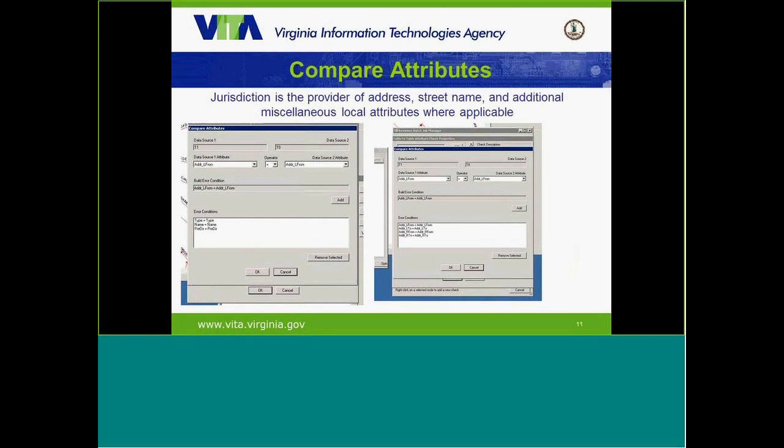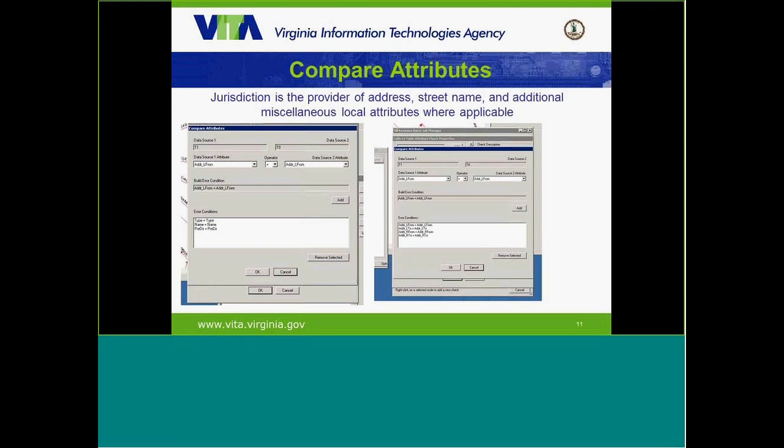Now, for comparing the attributes, since we're doing it against the locality's data, you want to look at their T1 versus their T0, and we will pull down and figure out which attribute shows the name of the road, which attribute shows the suffix, which is street, road, or name, and then whether or not they have a prefix or pre-directional, and sometimes they have a post-directional in some localities.